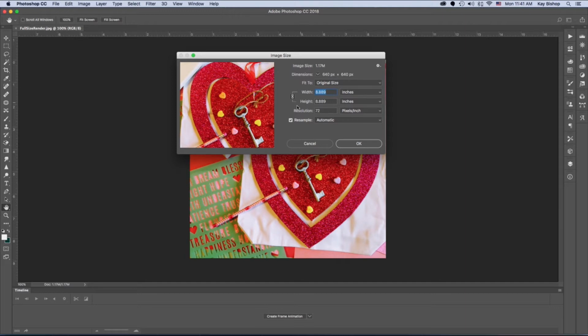I want to uncheck resample. What resample does is it allows you to, if you're making an image larger or smaller. You never really can make an image larger, excuse me. You can always make it smaller, but you can't make it larger without losing resolution in print,